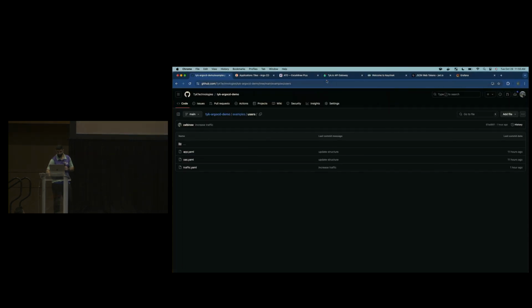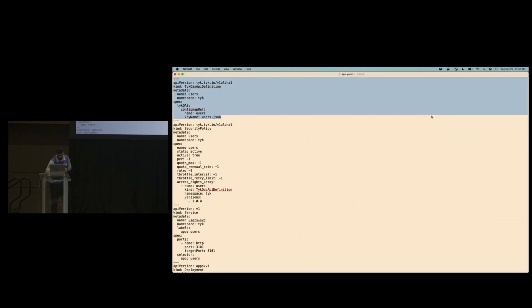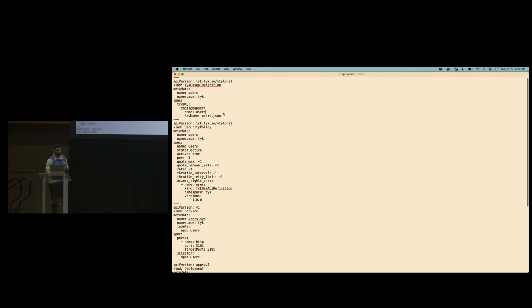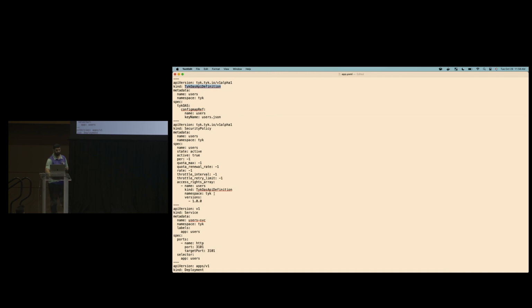So if we go back to our diagram, and this is getting harder and harder the more tabs I open, we have created the OpenAPI spec part, and now we're looking at the CRD. The first part that I'm showing you here is the CRD itself. A CRD is a custom resource definition. This is how you interact with Kubernetes and extend it. As you can see, I have a CRD for the API definition. I have another CRD that describes the security policy, which is just a way for you to limit access to your API.